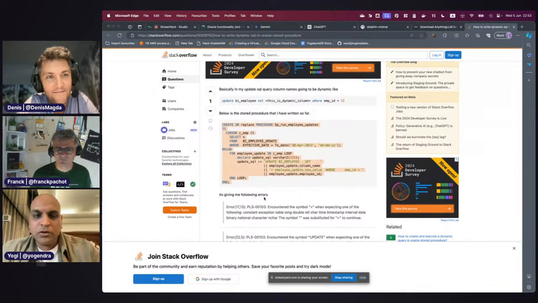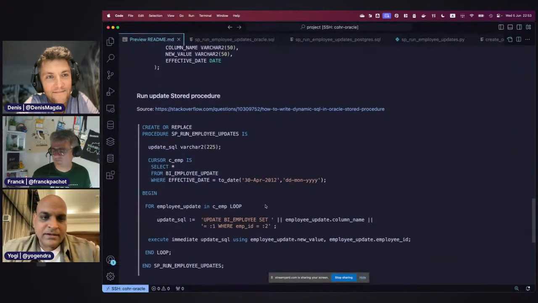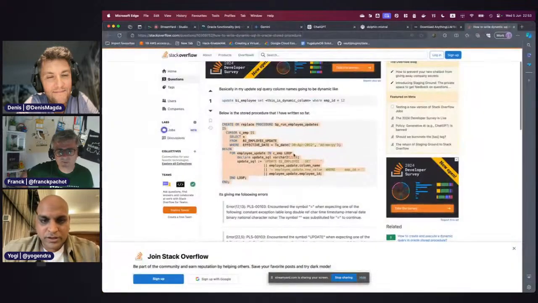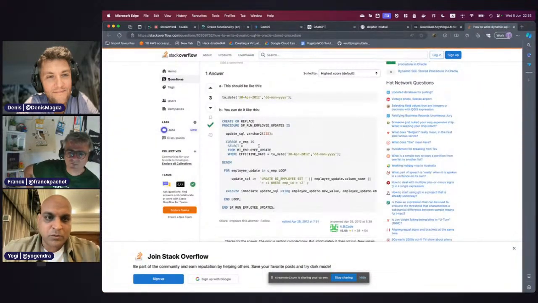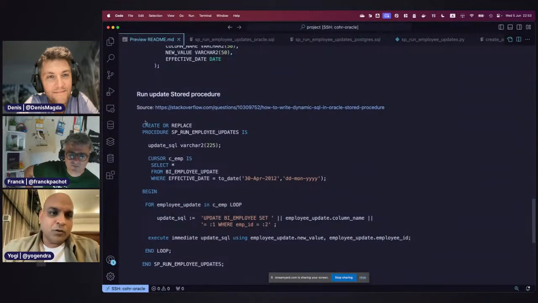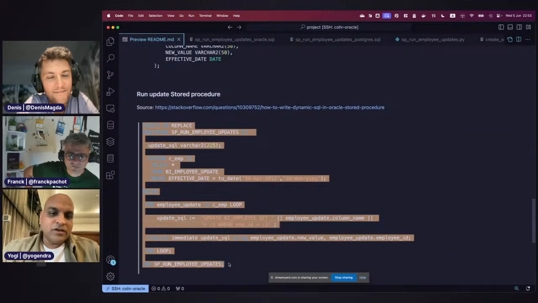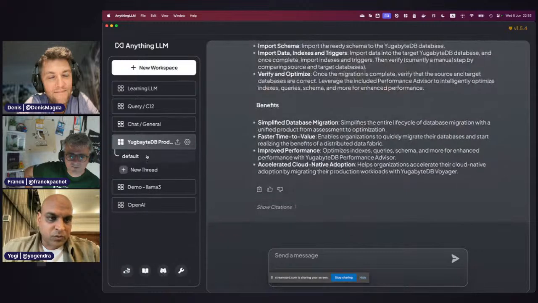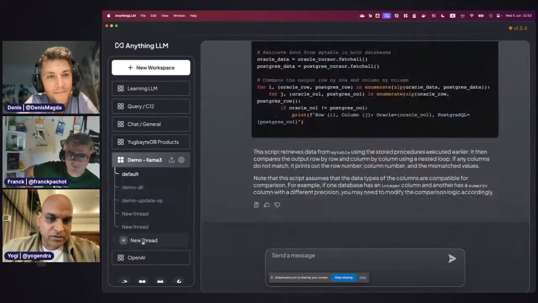So I took this particular code, and this is actually the corrected code. Somebody else suggested what the correct code for the thing was. So, wonders of Stack Overflow, right? I took this and started using it as a litmus test. First thing I went through was Ollama, so I'll do the same thing here. Let me just go and create a new thread here.